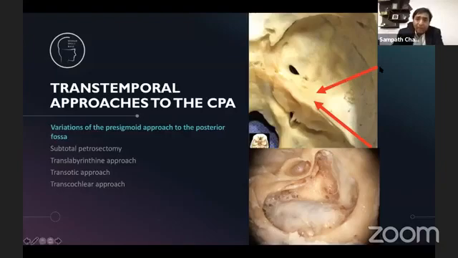Now, there is another approach called the middle fossa approach, which can also be considered a transtemporal approach, or somewhere in between an intracranial and a transtemporal approach, because it involves drilling almost all parts of the temporal bone, and you can use that approach to go far medially into the petrous apex regions. The rest of the approaches, the subtotal petrosectomy, translabyrinthine, transotic and transcochlear approaches, are all frank lateral approaches, which involve a postauricular incision and proceed with a mastoidectomy right in the beginning.